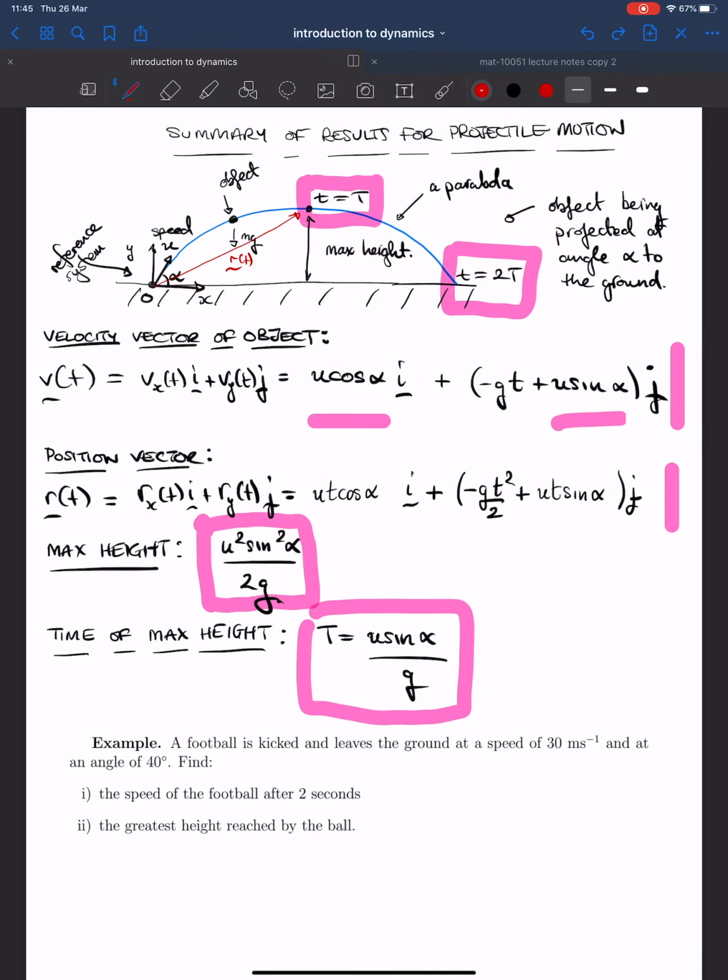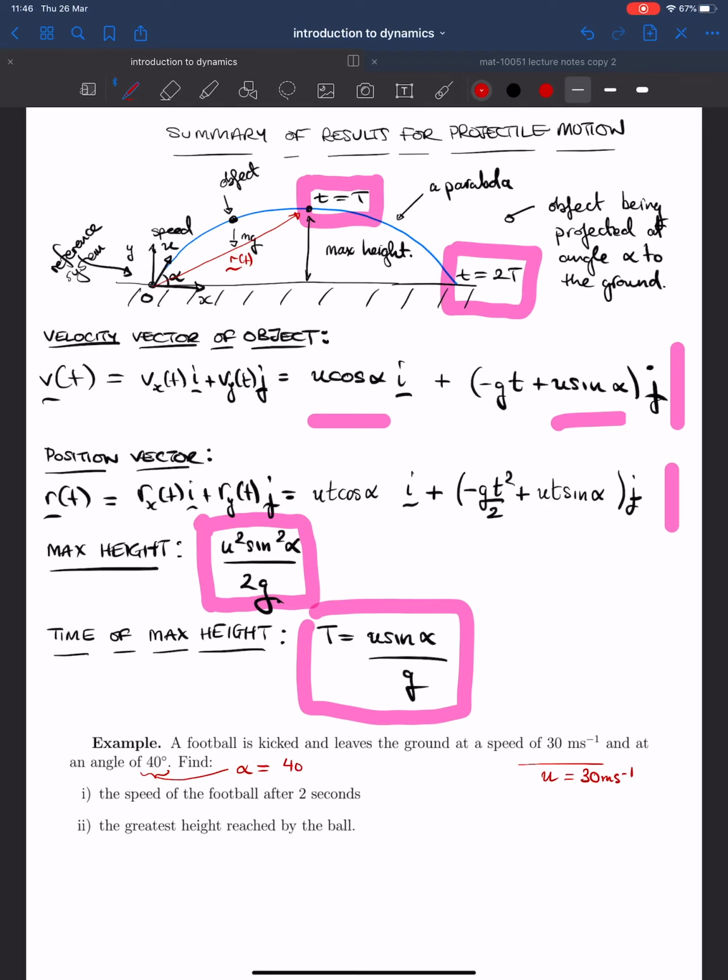So in this case, if you didn't know the formula, you'd have to model this problem from scratch, which again is the preferred method. However, now I'm just going to routinely use these results that we derived, because after all it was 1 hour's worth of a lecture. So we have a speed given to us, so that's our u, 30 meters per second, and we're given an angle with which it leaves the ground, so this is our alpha,